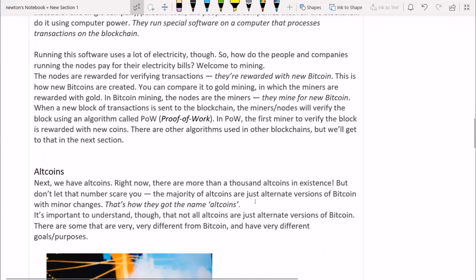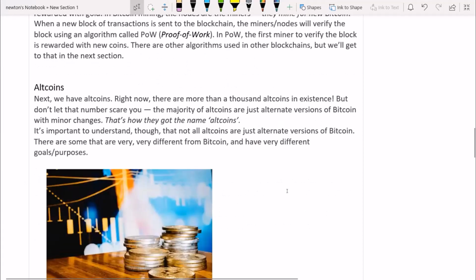And after Bitcoin, then came altcoin. Altcoins are just alternative coins to Bitcoin. They do almost the same thing as Bitcoin. It's just that Bitcoin has the prominence now because it was the first that came out. Then altcoins also came up. They have similar operations. They do almost the same thing.